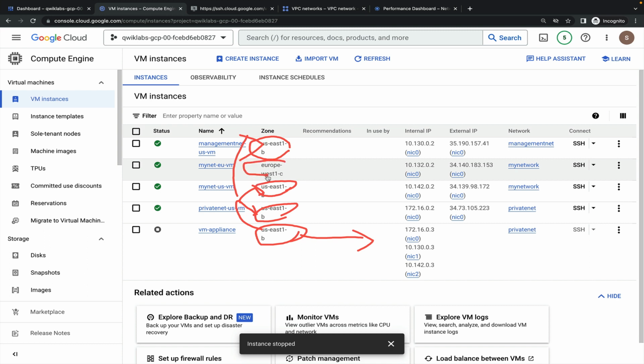This is the Europe West C VM. It is not connected because the region is different and the subnetwork is in a different region. That's why through this VM appliance we cannot connect to Europe, but the rest of the VMs we can connect to through the multiple networks.